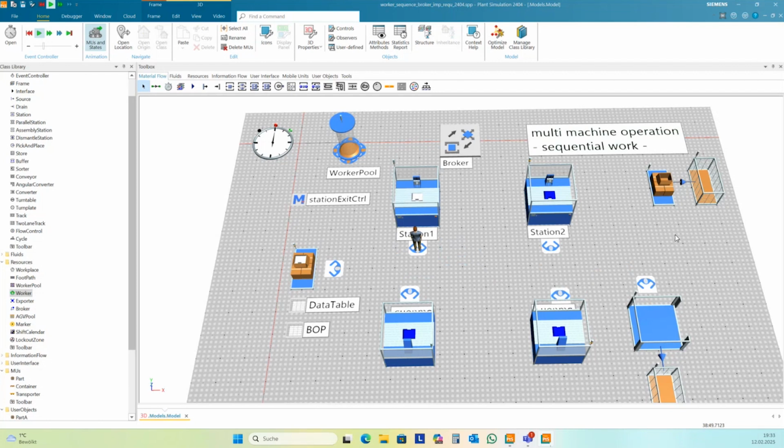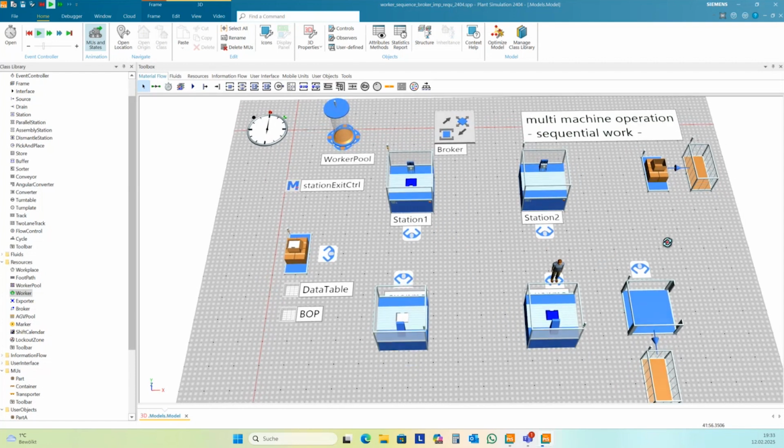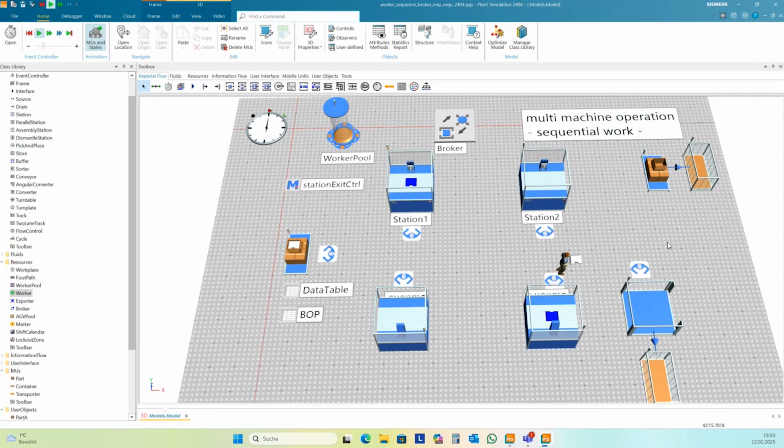And so you don't need a very complex control to solve such kind of tasks. And if you want to make optimization, then you need to optimize the order here, the order of the parts that the source creates.